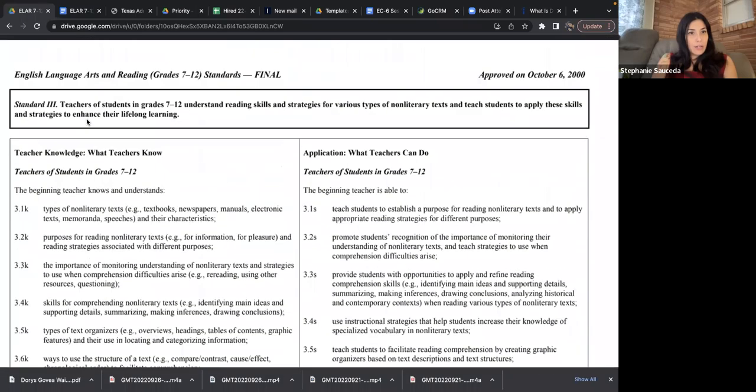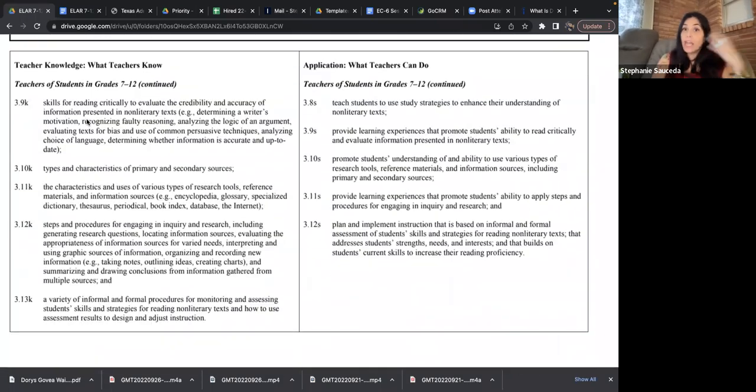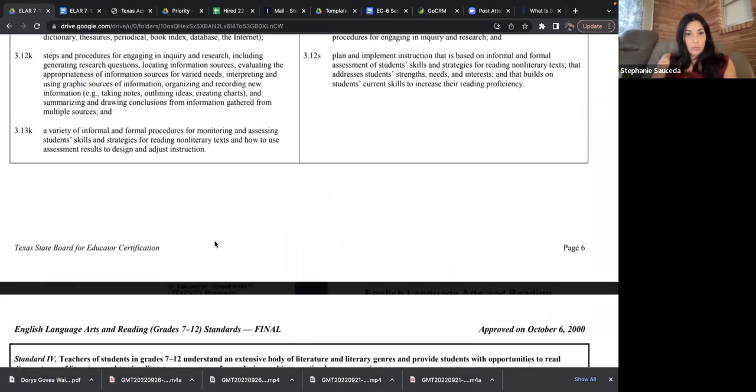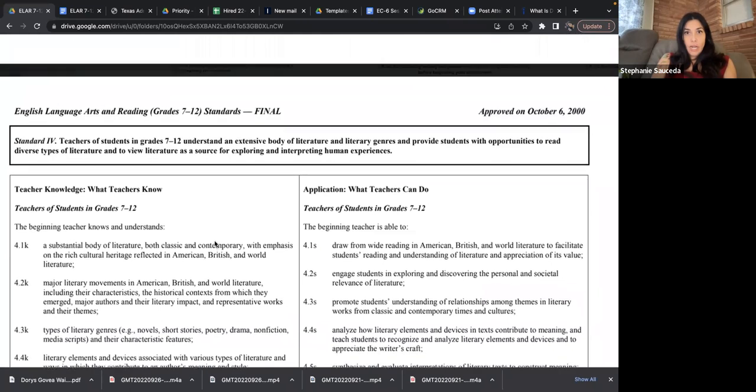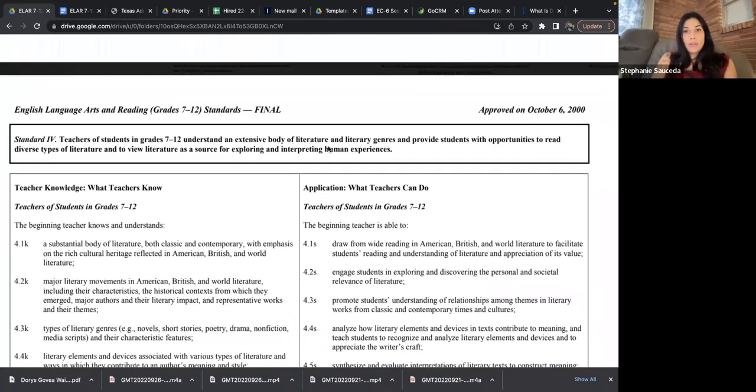Standard 3, was that standard 3 still? Okay, so standard 3 is kind of lengthy, and as it should be, because it's really important. Next we have, this is about genres, different types of literature,